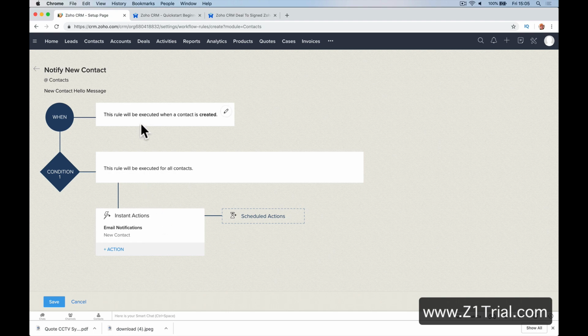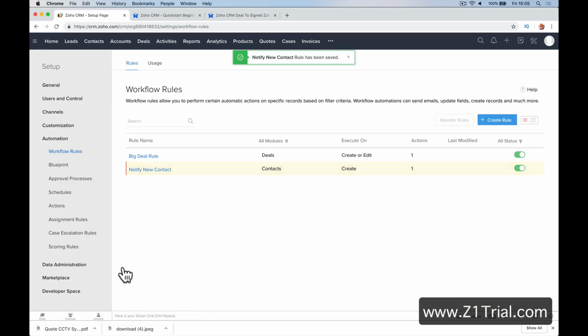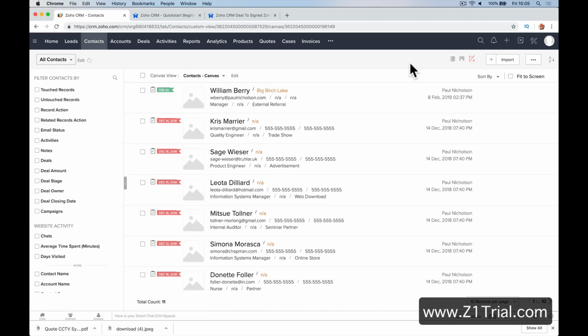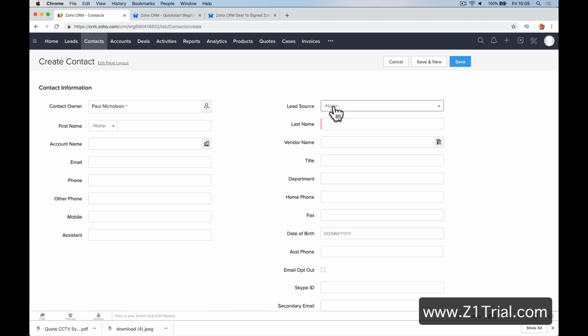rule more funkier than, you know, whether it's add them to a list, add them to a reminder in 7 days, reply to them, or whatever it might be. You're going to get what I'm saying. So that's like a workflow rule. So if I go new contacts now and add a contact,